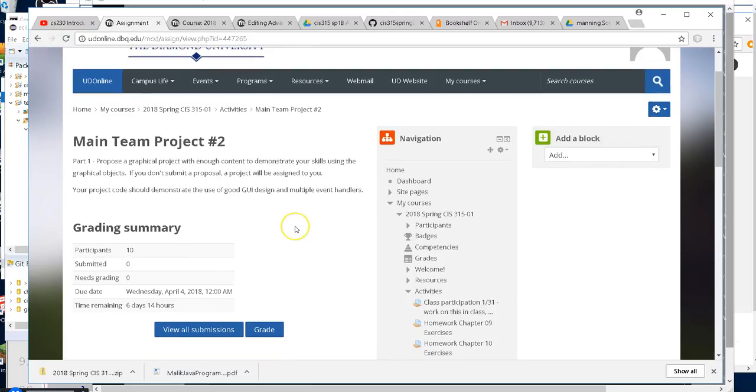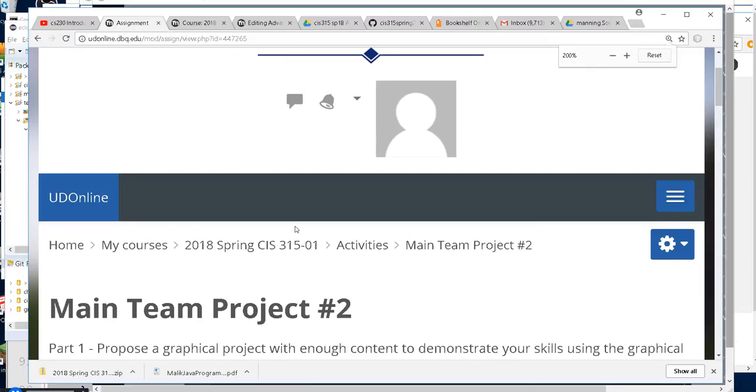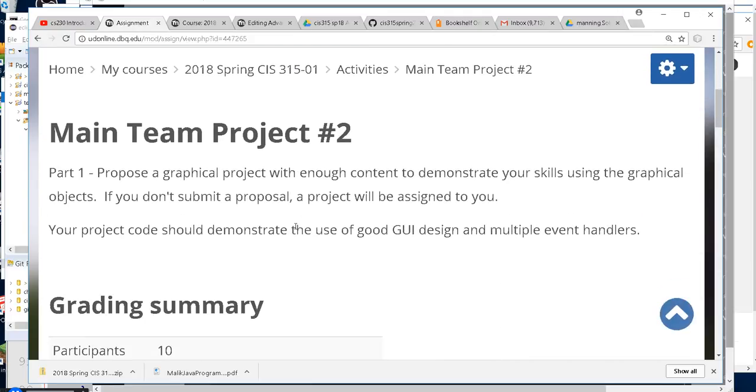So if you look at the description of it, you can find it there in the class assignments section. Propose a graphical project. Since we're doing graphical things now from chapter 6 to chapter 12, if there's something that you think you would like to write this type of program,